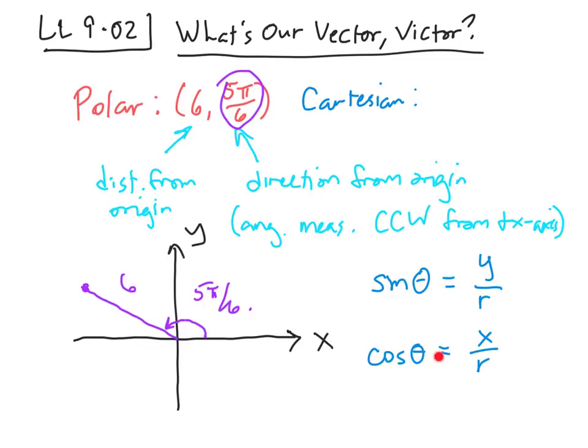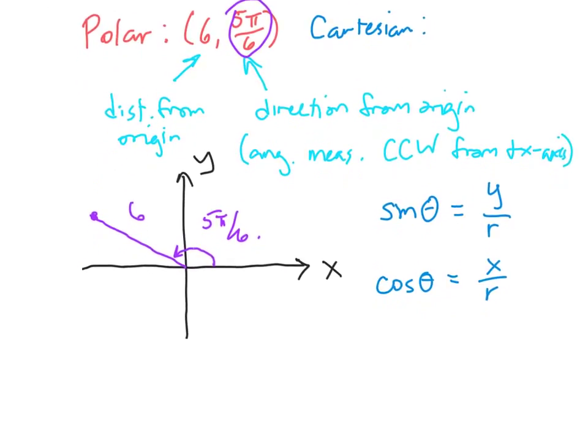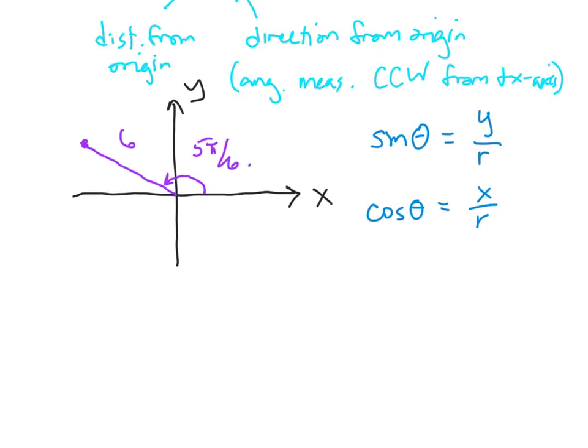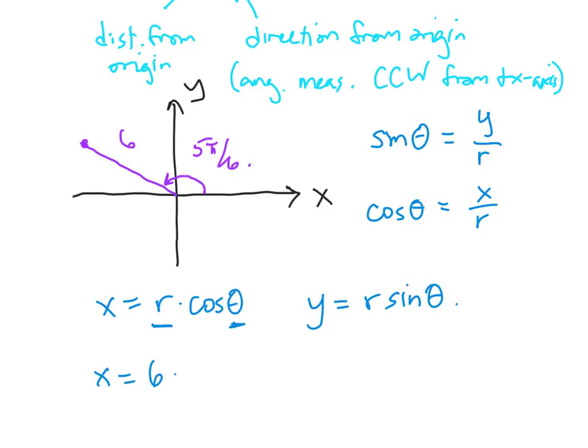This is always going to be true when I'm talking about the coordinate plane. So in this particular case, I can rearrange those equations and find that my x-coordinate is going to equal r times the cosine of theta, where that theta, of course, is going to be 5 pi over 6, and y is going to be r times the sine of theta, where again r represents the distance from the origin and theta represents our direction measured from the positive x-axis. So our x is going to be 6 times the cosine of 5 pi over 6,